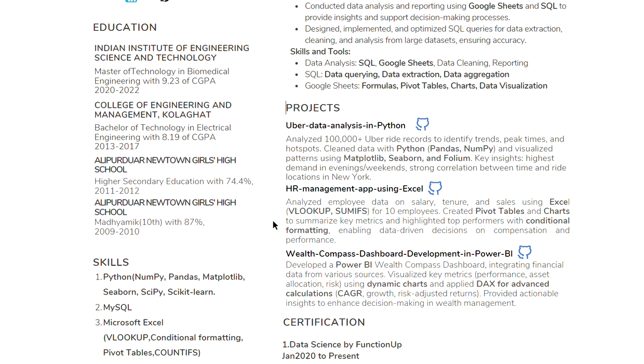If you have similar projects like every other fresher, it will be difficult to get selected in the recruitment process. So it is better to select projects which are less common and slightly more advanced in nature, so that you can apply your knowledge better and showcase that, okay, this is the kind of difficult problem I have solved.